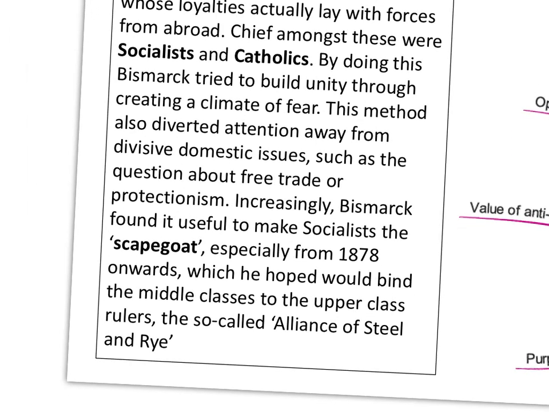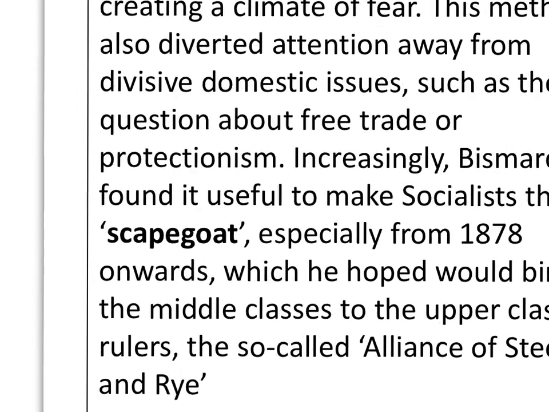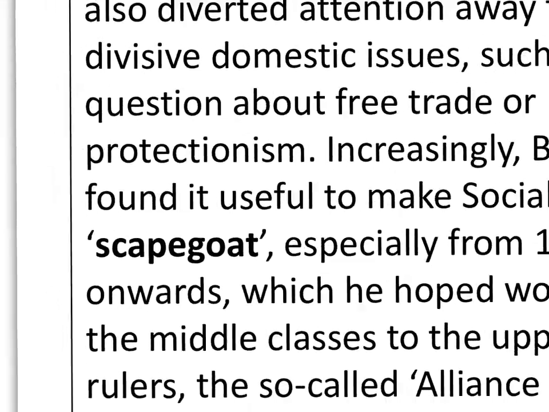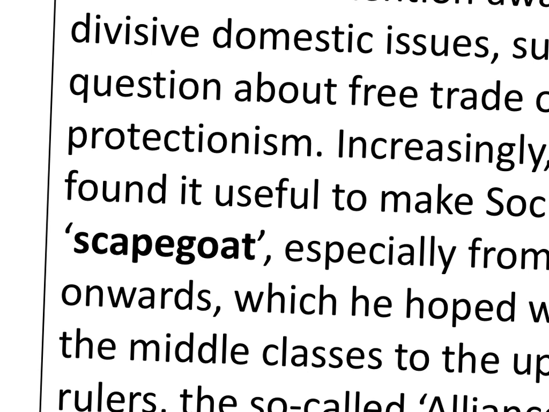And the way in which Bismarck did that is, at every opportunity, in particular with the socialists, he would make them scapegoats. Now that word's a key word. We tend to associate it more with the Third Reich and Hitler. At a later stage, Hitler made the Jews scapegoats. But a scapegoat is when you focus on a particular group of people, and you blame them for doing something wrong, and by doing that, you encourage all other Germans to pull behind you as